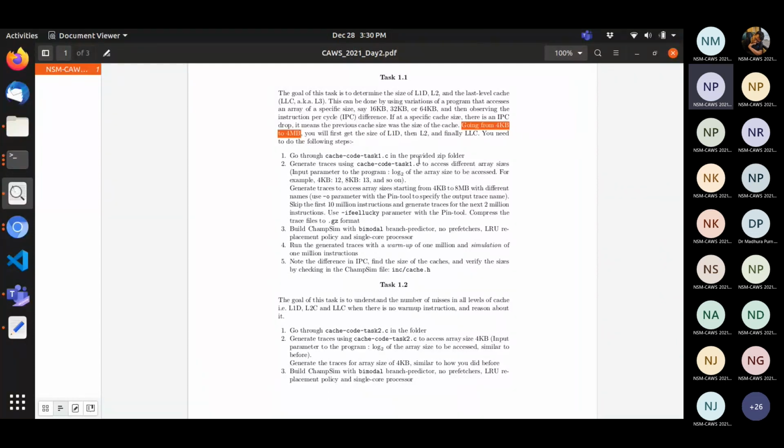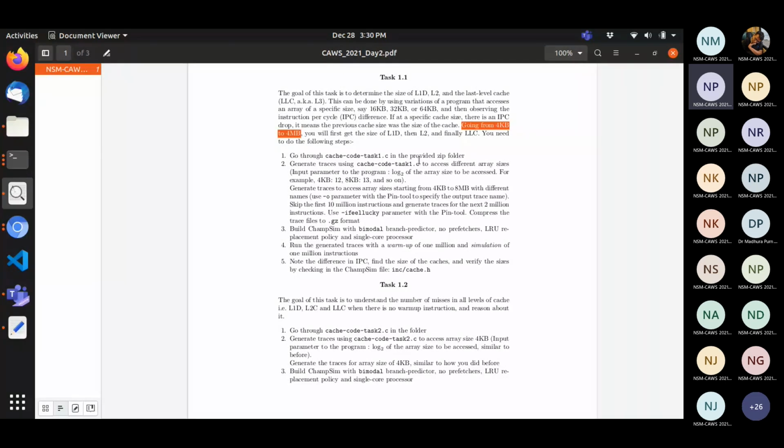No, I generated only for 4 KB and 8 KB. Yeah, I get it. But this question requires you to do the same procedure for all the array sizes, 13, 14, 15, 16, until 23. So what is that fifth step? In the fifth step it says that you'll notice the difference in IPC.